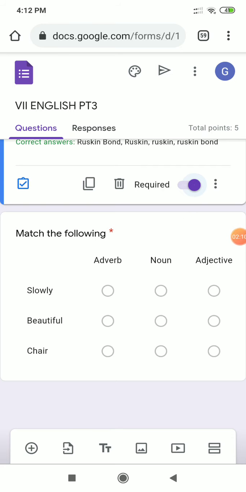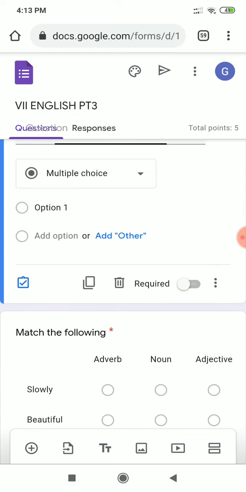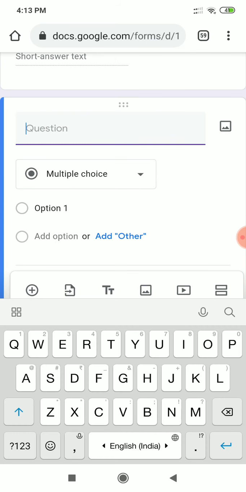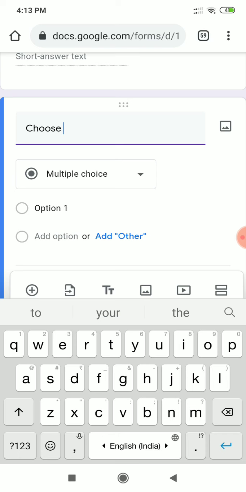Now as the maths teachers have to add figures to their questions, so that can also be done. Like I am starting a new question, let it be a multiple choice question. So whatever is the question, you can type over here, like choose the correct answer.